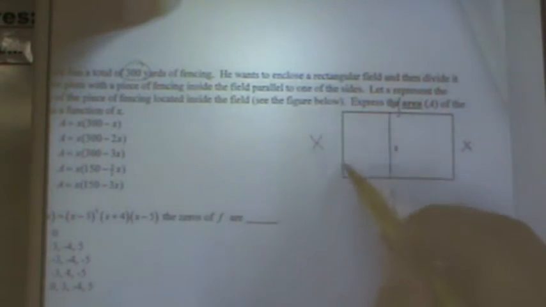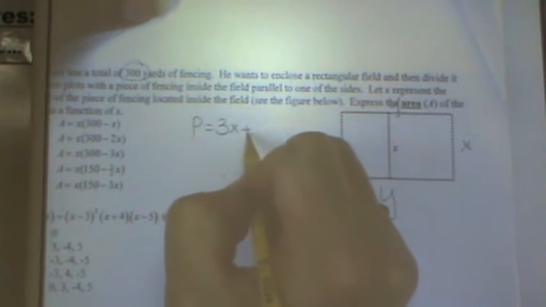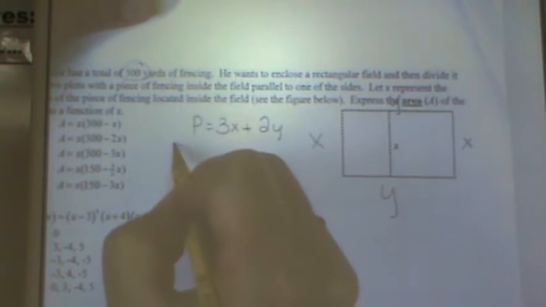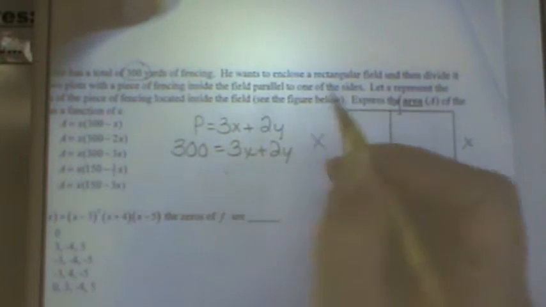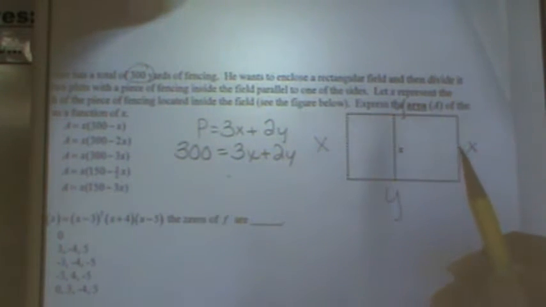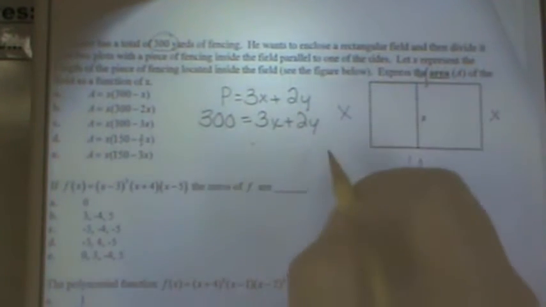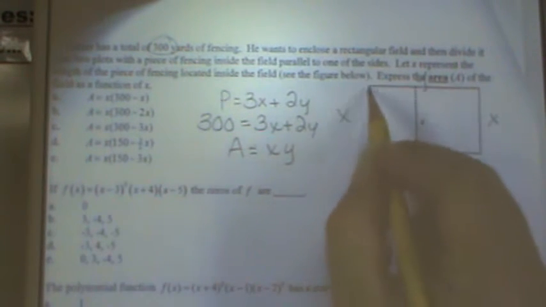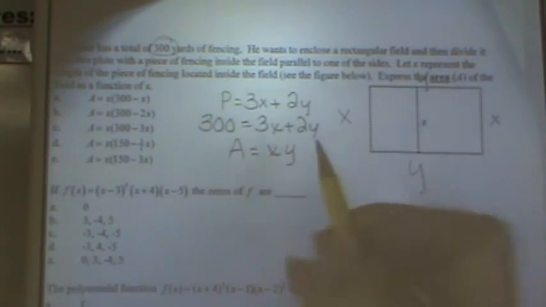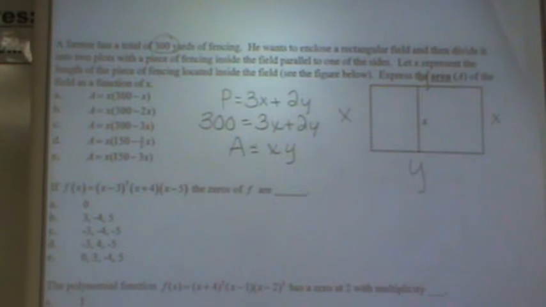So the perimeter, we're going to add up all of these sides. So we have X, X, and X, which is 3X plus 2Y. And we have 300 yards of fencing. We want to express the area of the field as a function of X. So we want to look at the area. Area is equal to length times width, X times Y. So if you solve this equation for Y, if you get Y by itself,